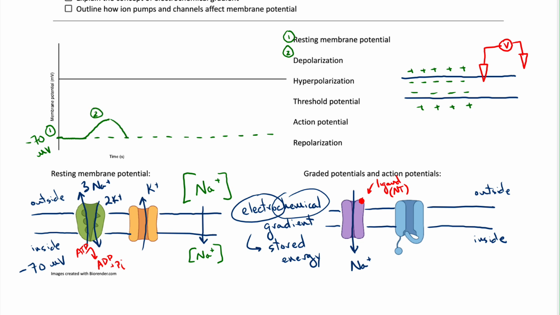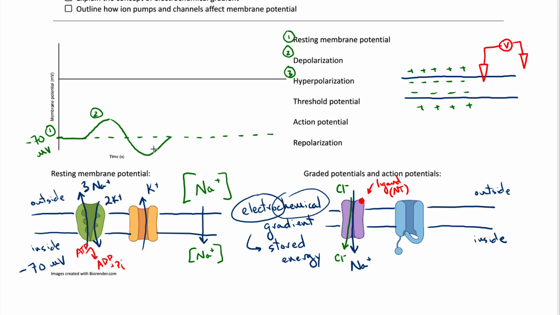In contrast, a different ligand-gated ion channel might be a chloride channel. So I'm going to draw it on the same channel here just for ease, but imagine this is a different channel. So letting chloride in, and chloride is negative, and so that would make the inside of the neuron more negative, not more positive, and would take it down like this. The voltage would get more negative, and we would call that a hyperpolarization because it is getting even more polarized